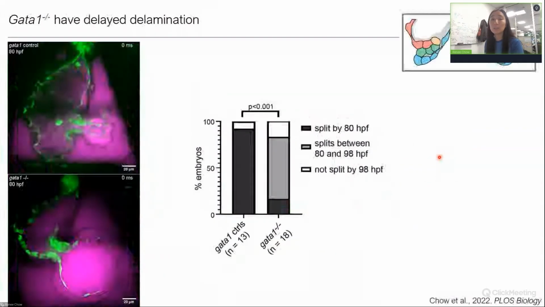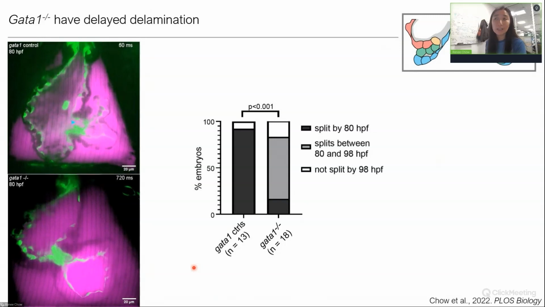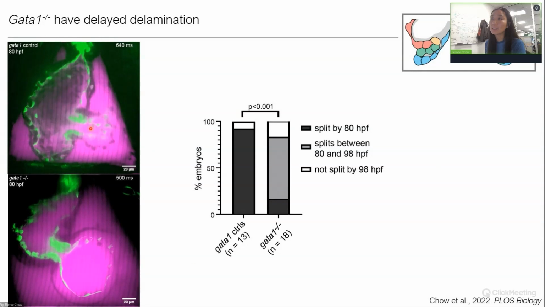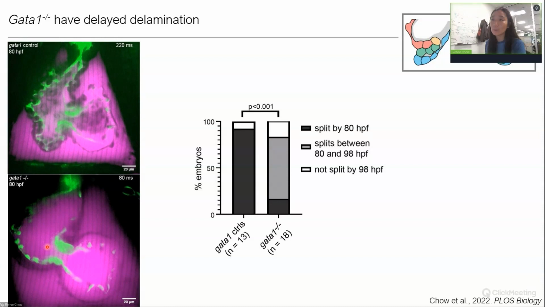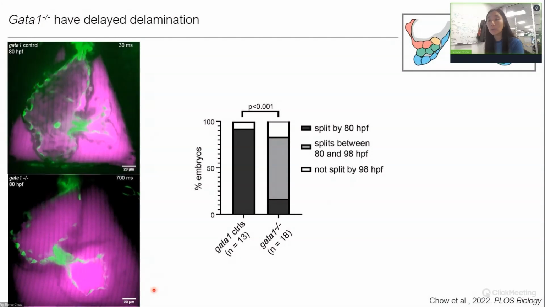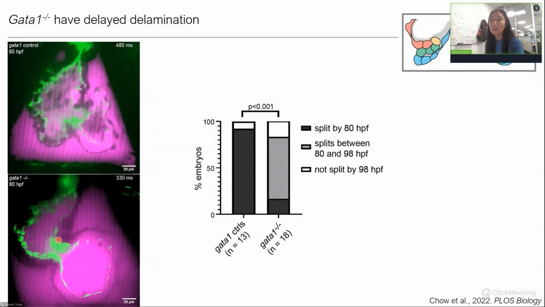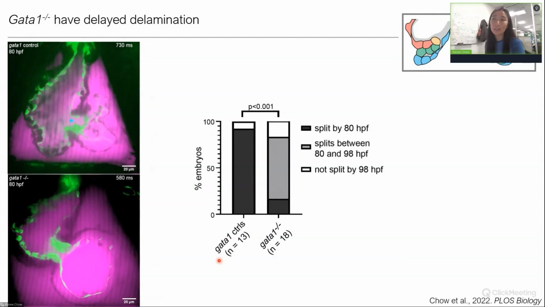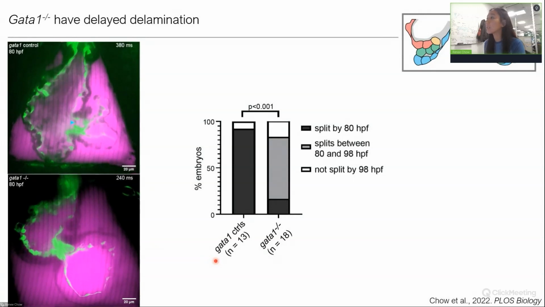In order to try to have a more subtle way of manipulating forces, I examined the GATA1 mutant. And in these mutants, you have a defect in red blood cell formation. So here in the controls, you can see all these red blood cells going through the heart, but in the mutant, there are no cells going through the heart. And what this does is that it lowers the wall shear stress in the heart, and the cells in this part of the heart experience roughly 4 times lower maximum wall shear stress.